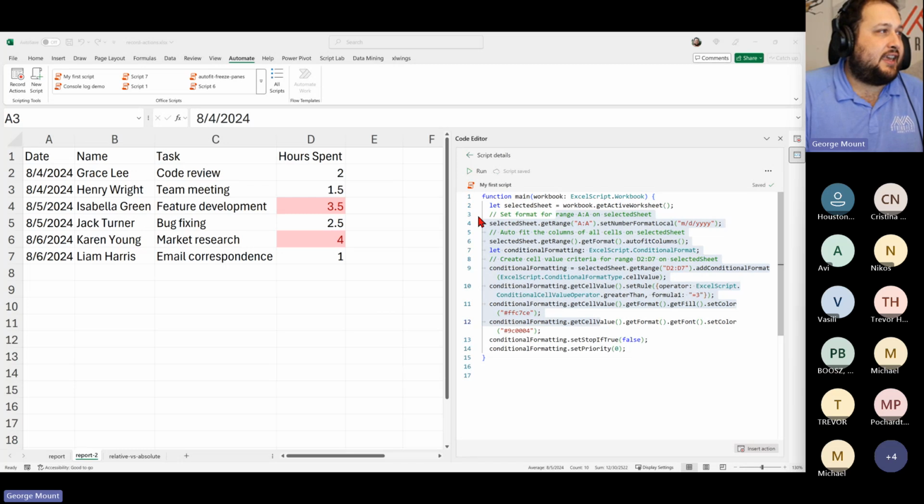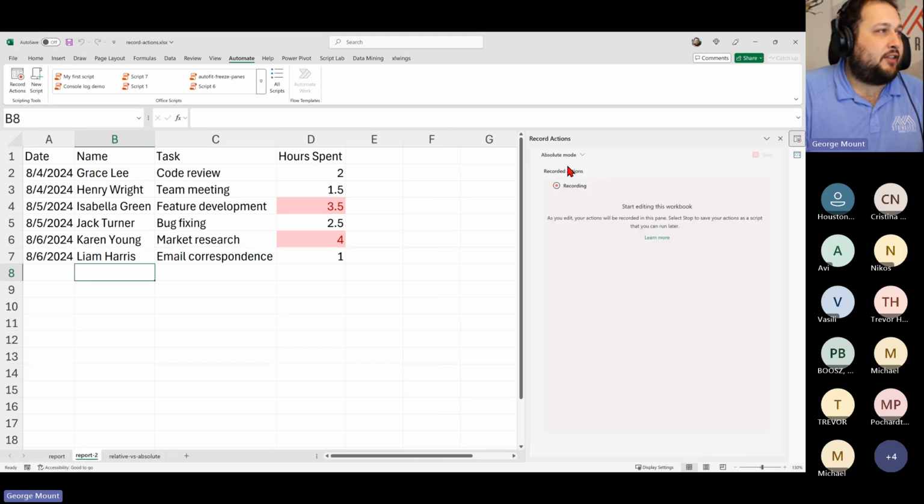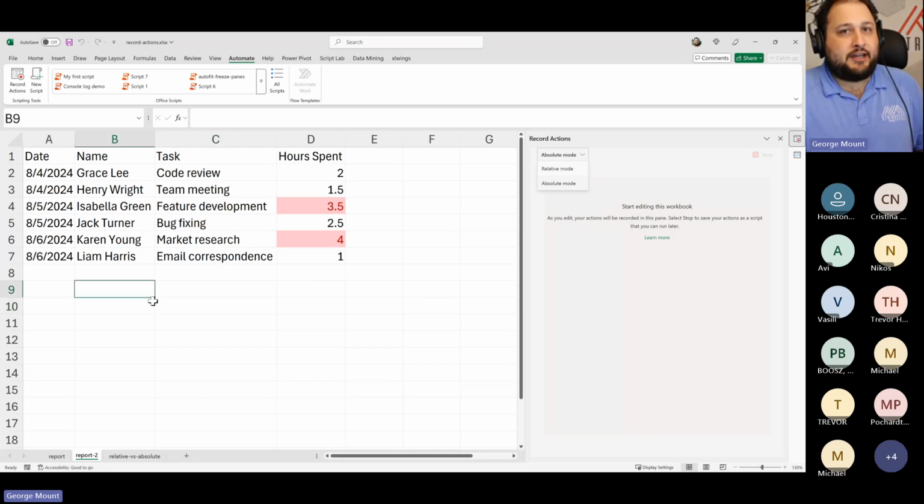You will see another thing if I go back here and let's actually record another action. There is a relative mode here. If you're familiar with that in VBA, it's a similar idea. If I were to start my script off with cell B9, everything that I record is going to be relative to where I start out. So it'll say, go down one row and one column, and it'll not necessarily be C10, but just one row and one column down from where I start off.